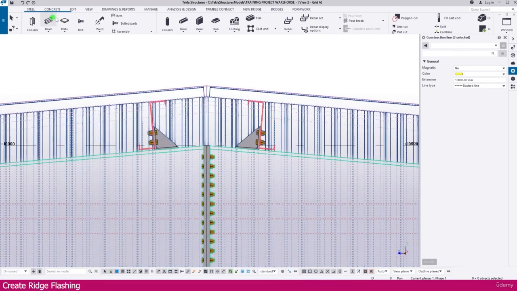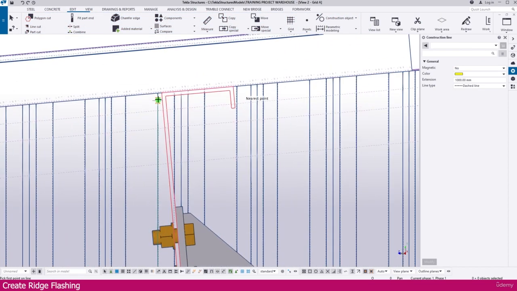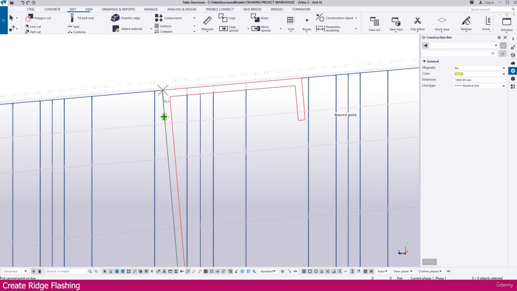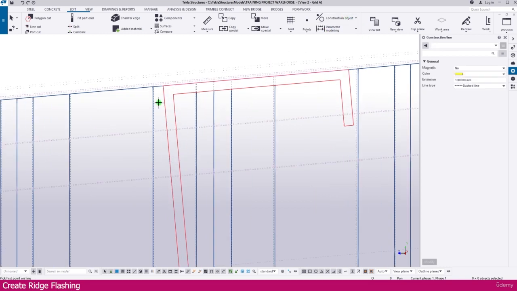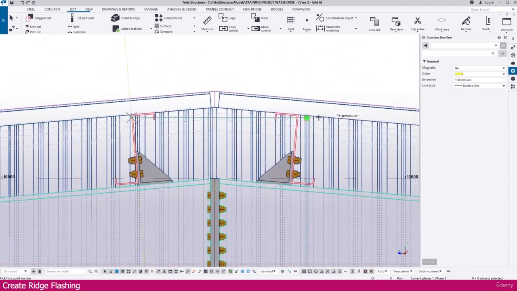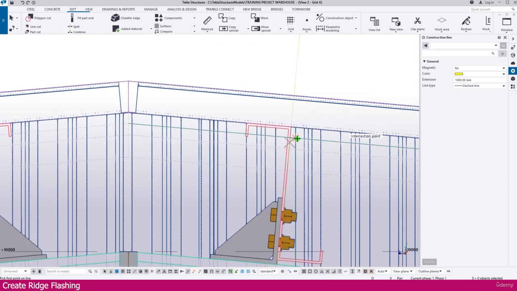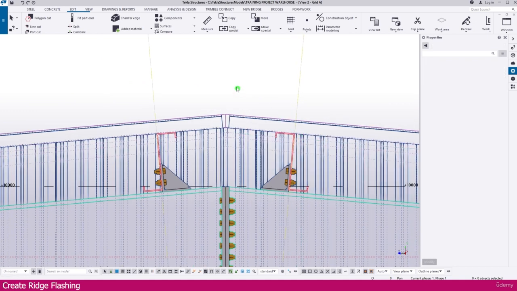then go to edit, select construction line, click this point, select this one, click this point and click here. Similar way we need to make it here also. Click here and click here. Now you can create